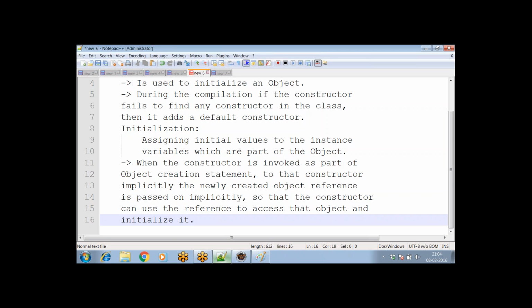To that constructor, the newly created object reference is passed on implicitly. Passed on implicitly means, what do we mean by that? Implicitly means,